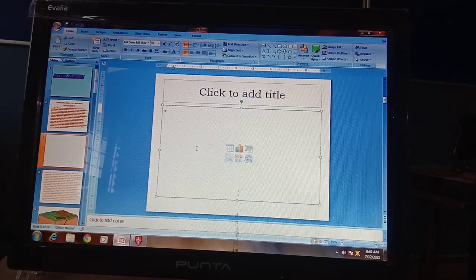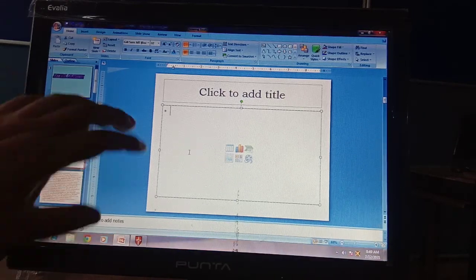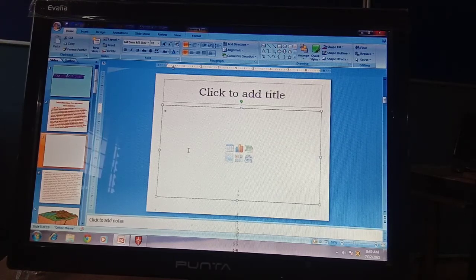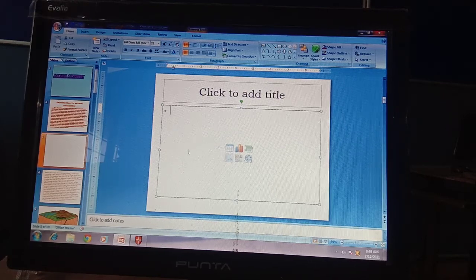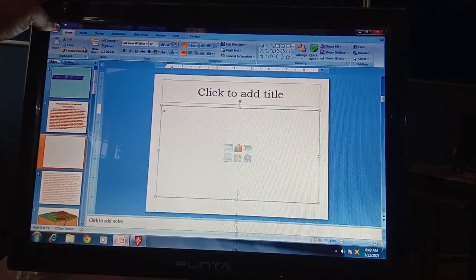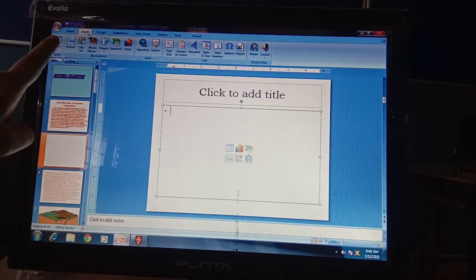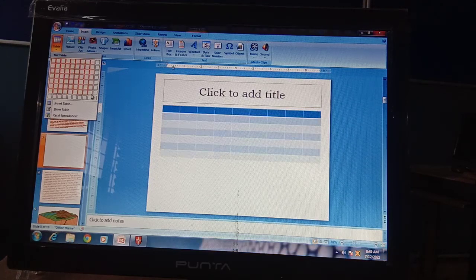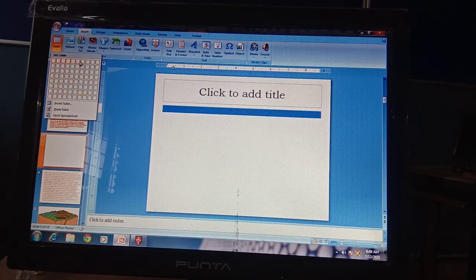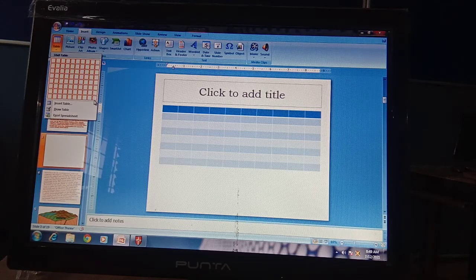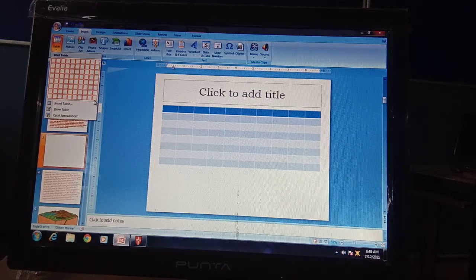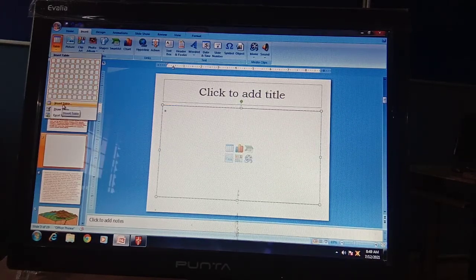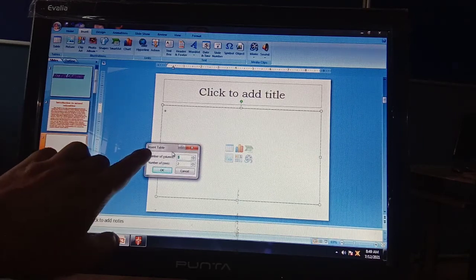I am just removing it from here because I want to tell you the other way to insert a table. For the other way, you go to the Insert tab. It's not the Insert button, it's the Insert tab. Just like the Home tab, you click on the Insert tab. There is an option in the Tables group. Either you can draw the table, or drag your mouse like this and get the table like this. There is a limitation: you can have a 10 by 8 table only. Or you can click on the Insert Table option.